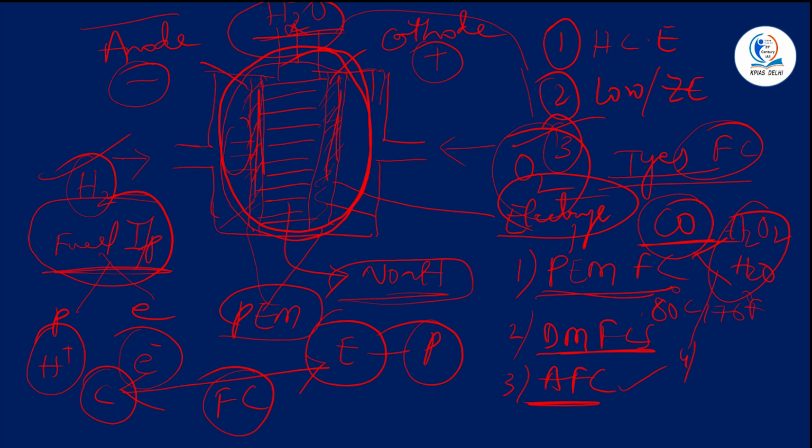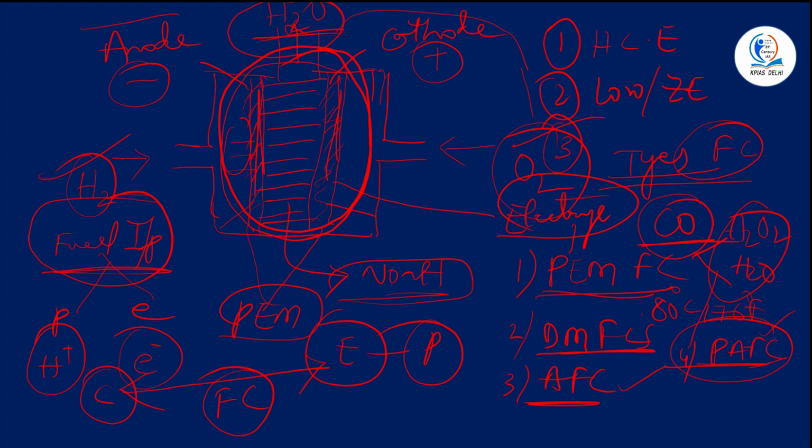Similarly, the fourth type of fuel cell is the phosphoric acid fuel cell. In this, you will be using liquid phosphoric acid as a catalyst or as an electrolyte. So in phosphoric acid fuel cells, the liquid phosphoric acid acts as an electrolyte. So porous carbons are emitted. So impurities, more tolerant impurities in the fossil fuels can also be used in the fuel cells. So this typically is used for stationary power generation with high capacity, large vehicles, city buses. All these can use this particular phosphoric acid fuel cell.